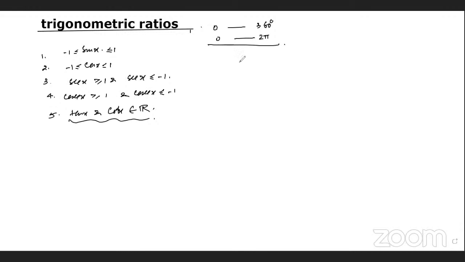Now for some other angles like 15 degrees, 75 degrees, and other angles, we need to know how to find, for example, if somebody asks you sine of